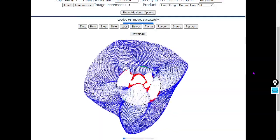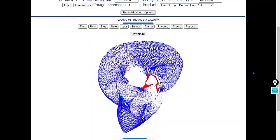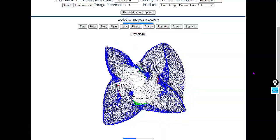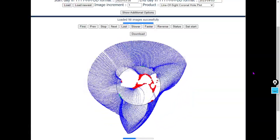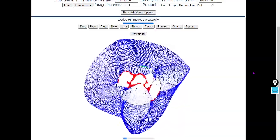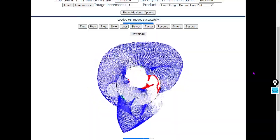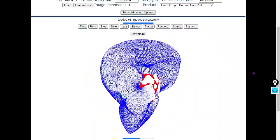The solar B field here is a lot more organized than it was 11 years ago during solar cycle 24's ramp up to solar maximum. Again, there is 11 years ago, and there is the past 5 days. So just to give you a little historic context there of a similar time, at least in terms of the